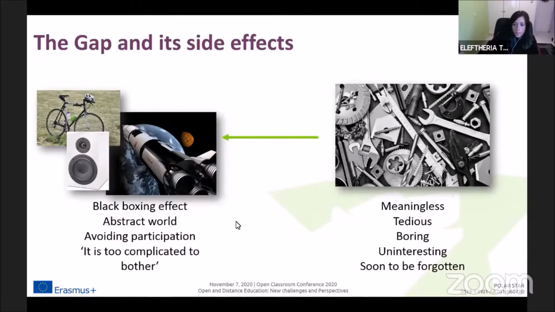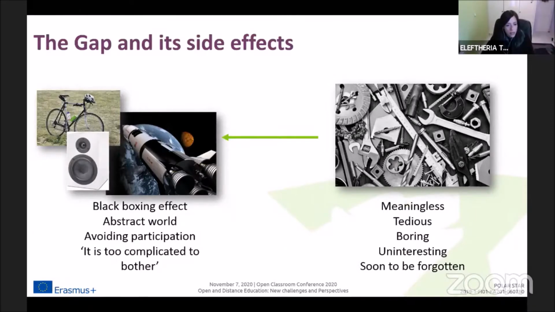So the problem is, how do we get from the standalone tools to the things that we make with these tools? And what happens is, because of this gap, the side effect is that what we teach our students in schools, they find that meaningless and tedious and really not interesting, and they forget it much sooner than we hoped for. And when they go out in real life, they like using tablets and cars and bicycles and whatever else,